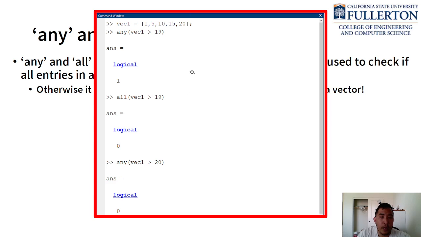Okay. And then finally, just one more example, just because I could fit it, and so we can say, are any of the entries in this vector greater than 20? And that's false because all of these are less than or equal to 20, and so that is equal to false as well. Okay. So understanding Boolean logic is, I think this is the part of programming that really starts